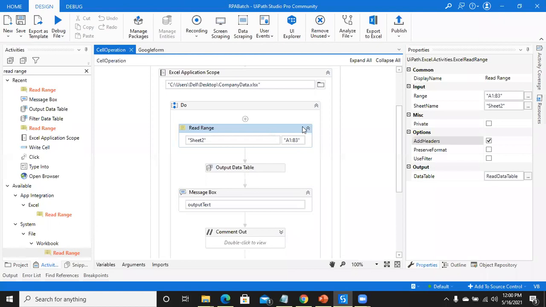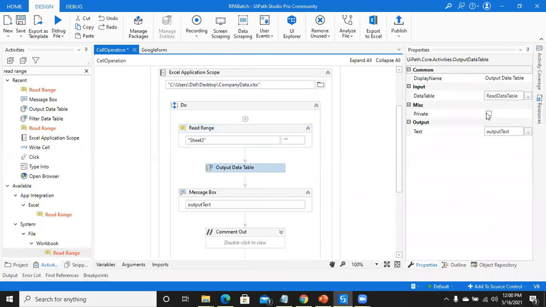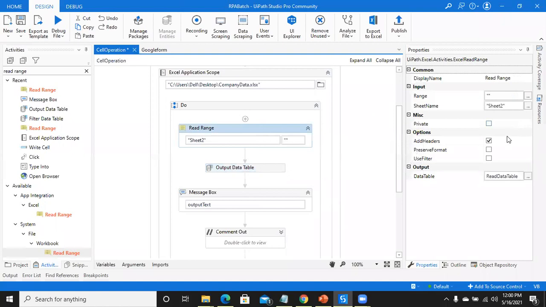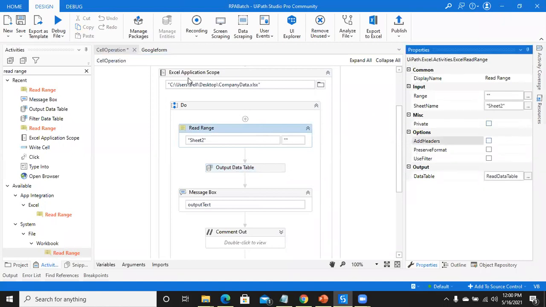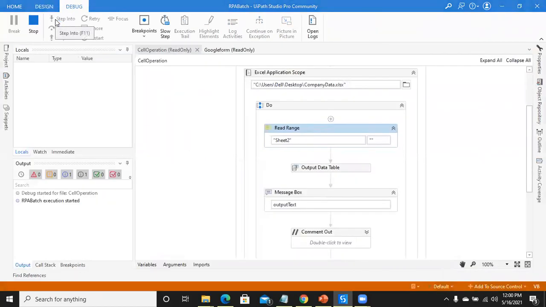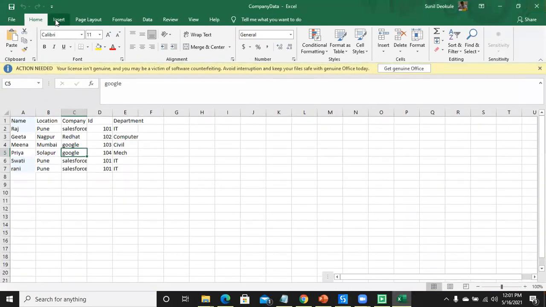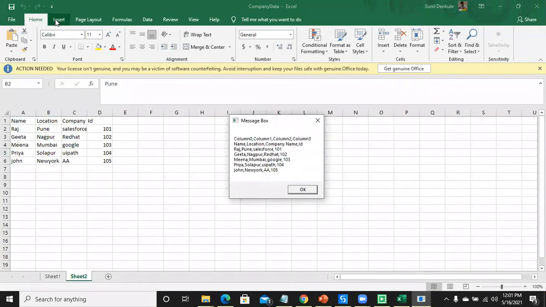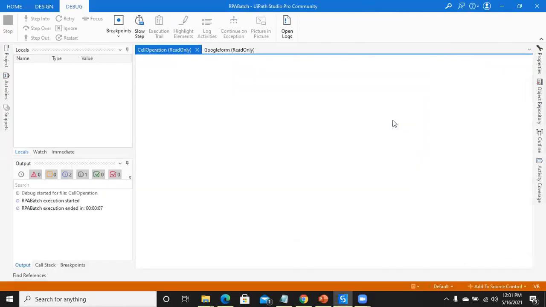Understood read range? Yes, sir. Just a second, I'll blank and then I will do this output. I'll remove this one. So 3 important points you need to put in read range.